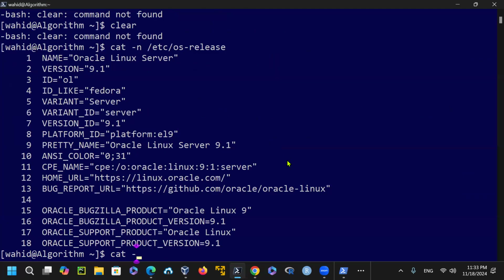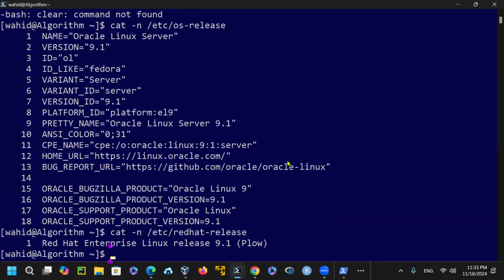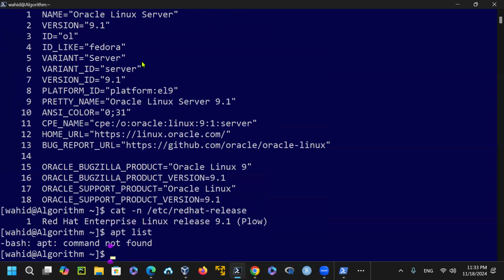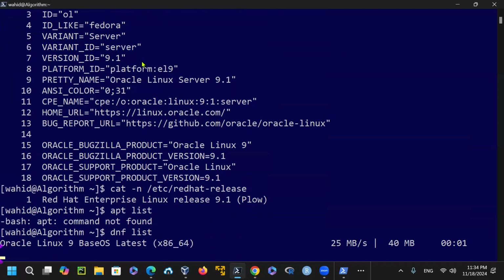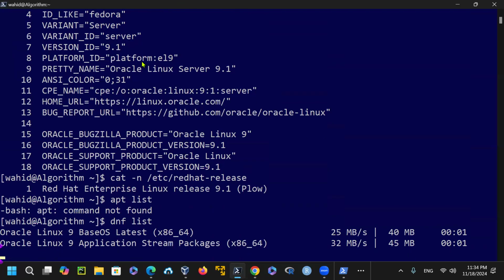So cat -n /etc/redhat-release is a Fedora distribution, right? Fedora distribution in there, but clear screen doesn't work, but I can say DNF list, not app list, to get a list. YUM and DNF are the repository tools for it. YUM is the old Yellowdog Updater Manager that is now symbolically linked to DNF-3, and DNF-3 is the package